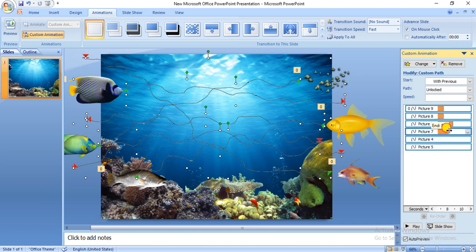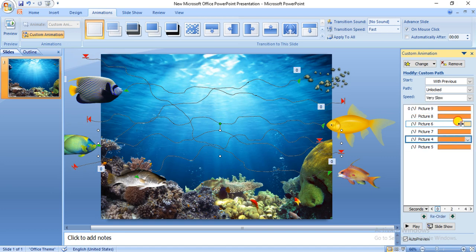Similarly goes with this one. So make sure you make the ending of each one equal. So I'll just adjust this one. You can see there is a second bar that is present at the bottom, and you can just give it any delay or you can give it any start time to the particular one. So you have to do this for each and every one.